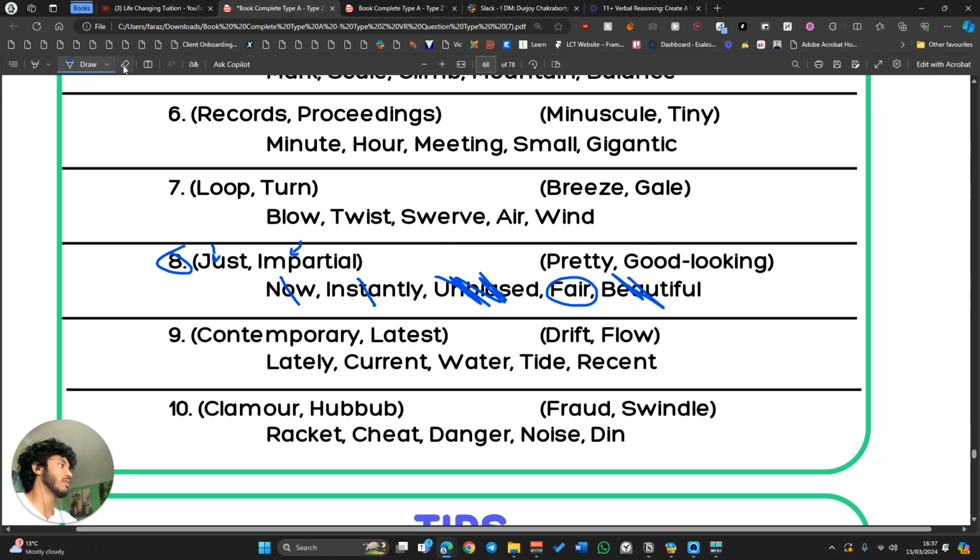So if someone is fair looking, it means that they're pretty, or they're good looking as well, whereas unbiased doesn't really match to this, so